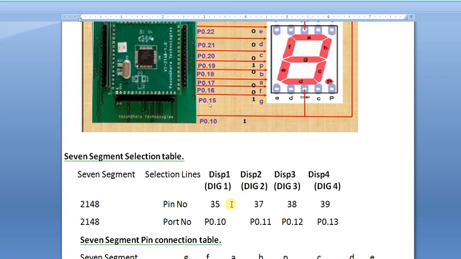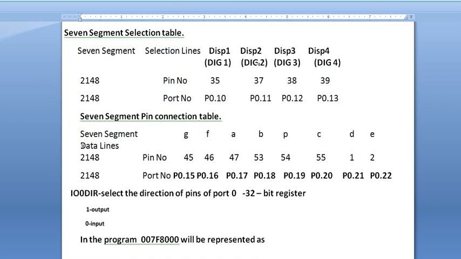If I want to display on digit 1, port 0.10 should be high, that is pin number 35. If it is digit 2, port 0.11 should be high, which is pin number 37. Pin number 38 is for port 0.12, and this is port 0.13 with pin number 39 on the LPC2148.